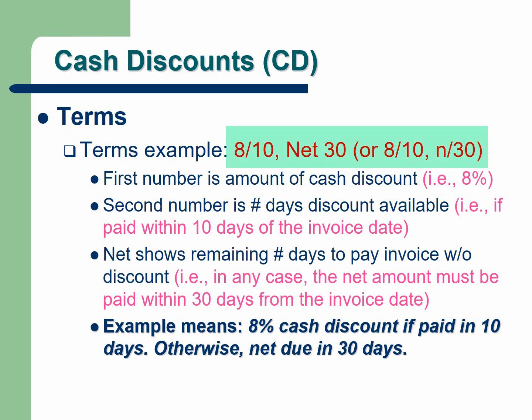So if you pay within the first and 10th days from the invoice date, then you're going to get an 8% cash discount. If you pay the invoice between the 11th and 30th days from the invoice date, then you have to pay the whole invoice without the cash discount. And since the net payment is due in 30 days, if you pay your invoice after the 30th day, so the 31st day or 32nd day, etc., in that case, the vendor has the right to charge you any carrying fees, or basically a late penalty.